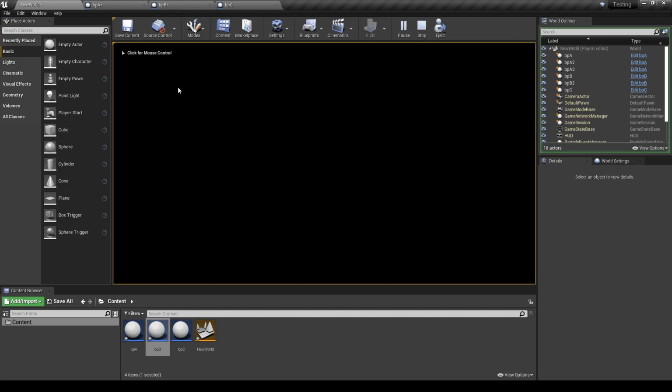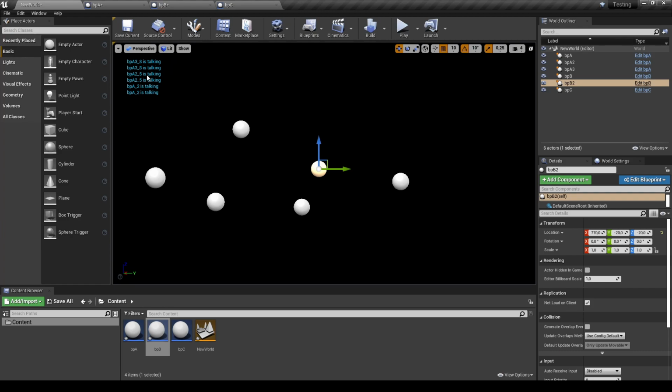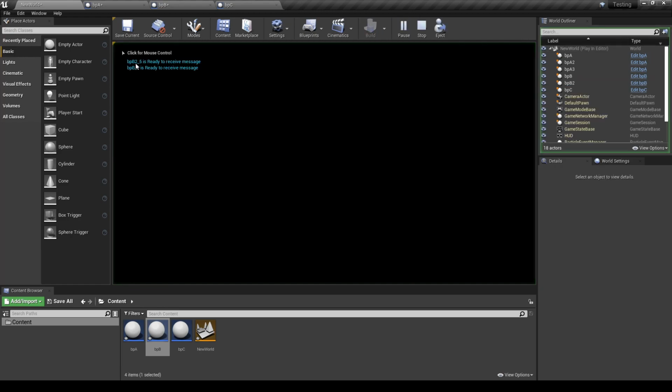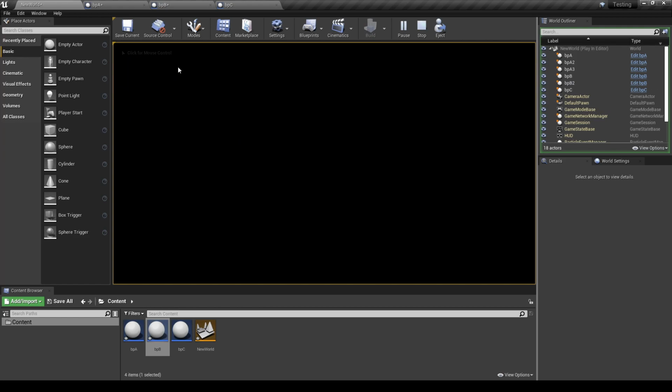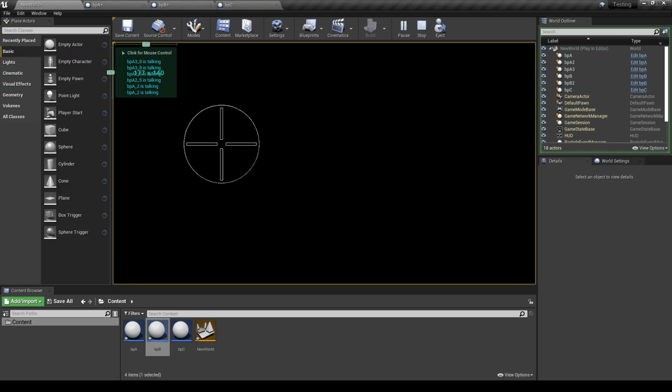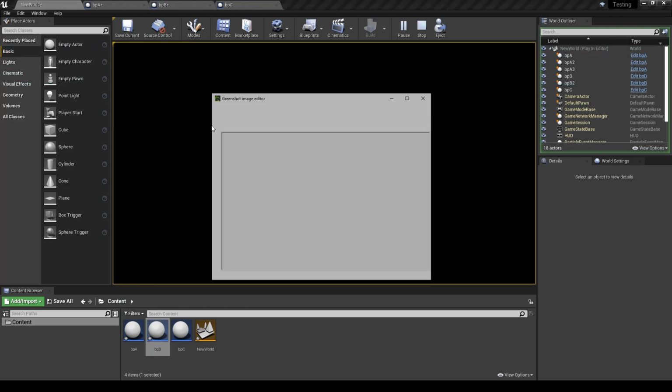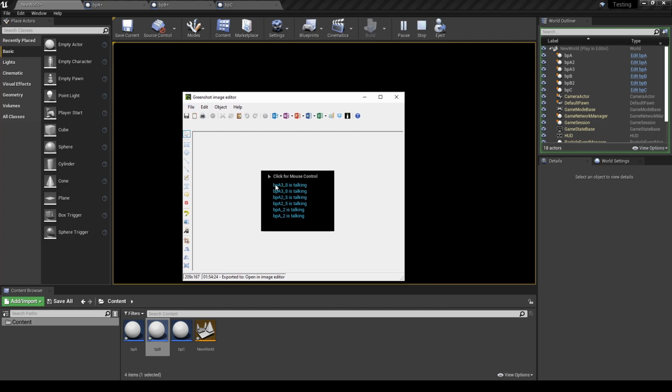We have now 2 messages here saying that we are ready to receive a message corresponding to my 2 Blueprint B. And then here, let's do a screenshot so we can see. Okay, here we have for each Blueprint B, we have the 3 Blueprint A that are talking.